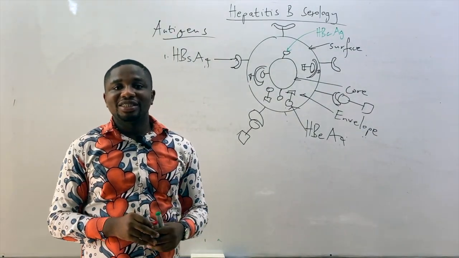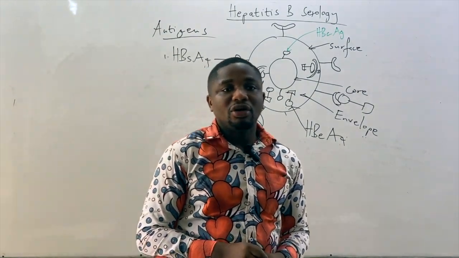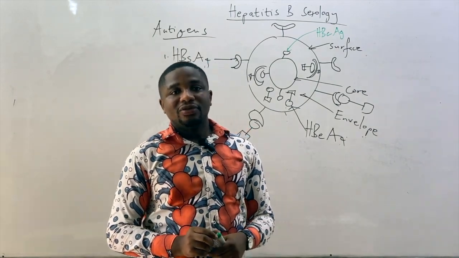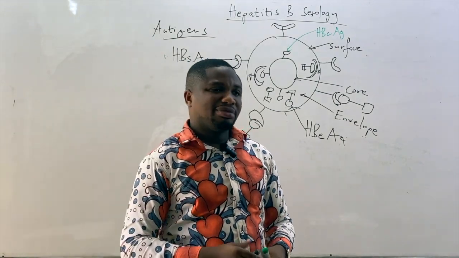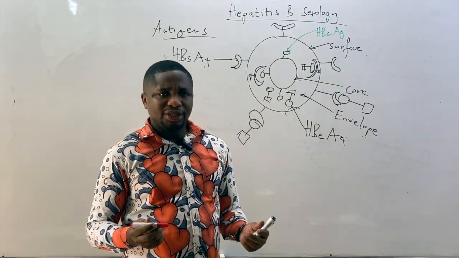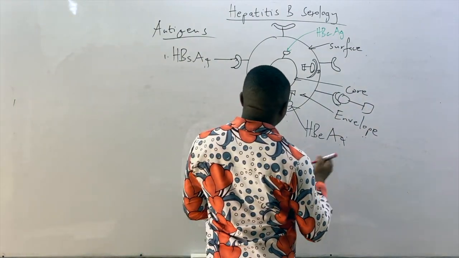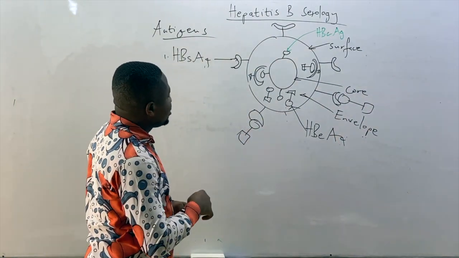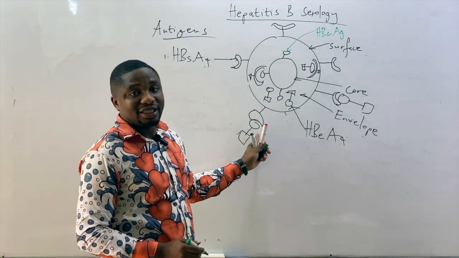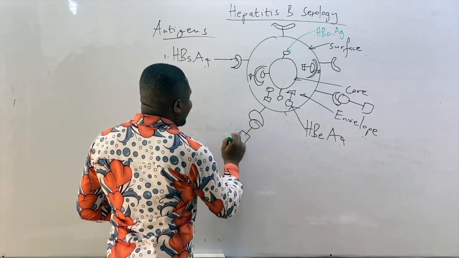They bind to antigens to form what we call antigen-antibody complexes, which could further open up the cascade of an immune reaction, similarly as observed in inflammation. If we take this first one, you can see that the antibody is attaching to the hepatitis B surface antigen. Because of that, we will refer to it as the hepatitis B